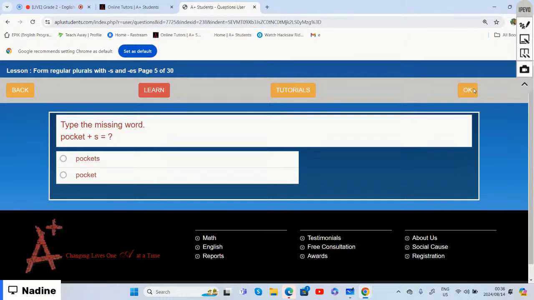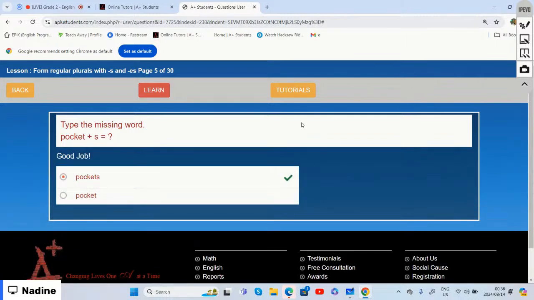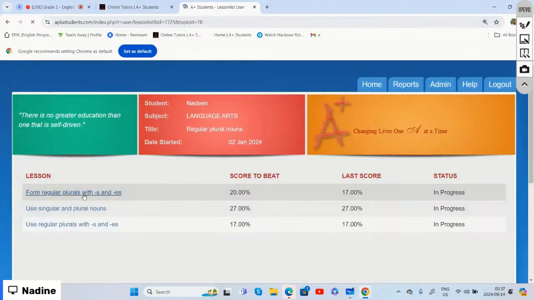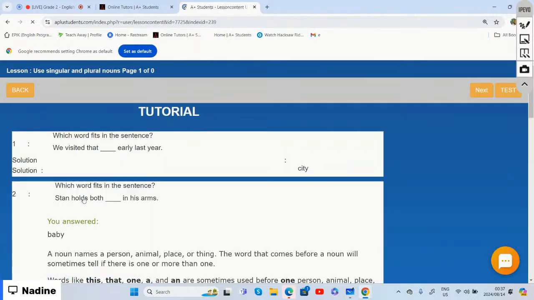And if we choose the correct one, then yes, we will choose pockets because now it means that we're referring to more than one pocket. So well done. All right, let's go to the next lesson, which says that we're going to use singular and